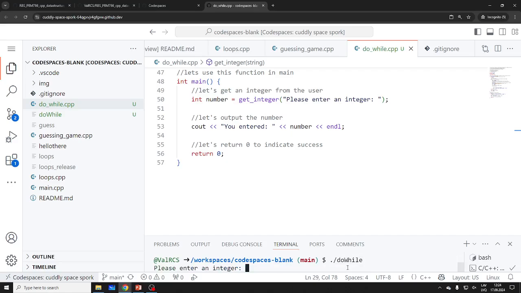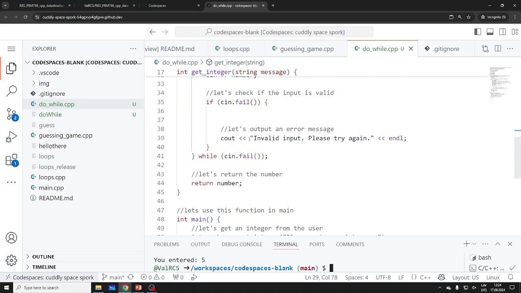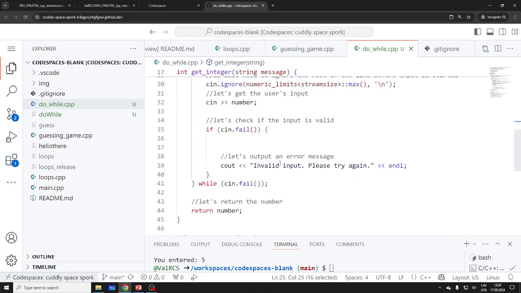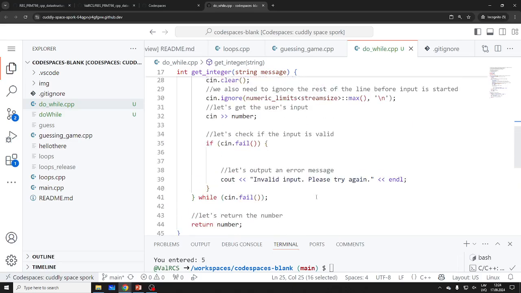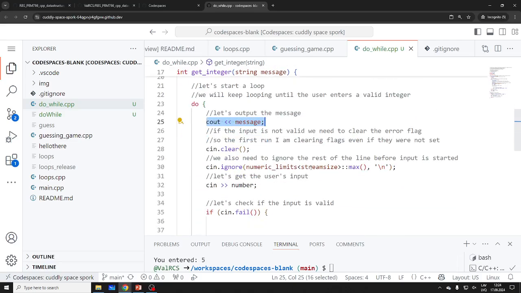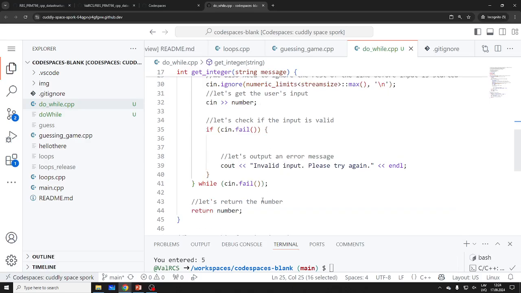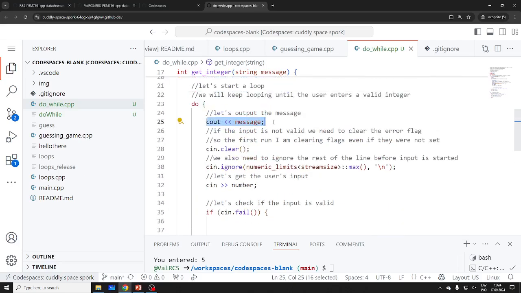Compiled, okay, do while. Okay, not worse. So what happened? Oh no, it works, but what the problem is, there's no message. Please enter an integer. Why didn't this message show? Interesting. Well, but no, endl buffers. Yeah, right. I know what happened. This was the problem. Okay, let's try this one more time.